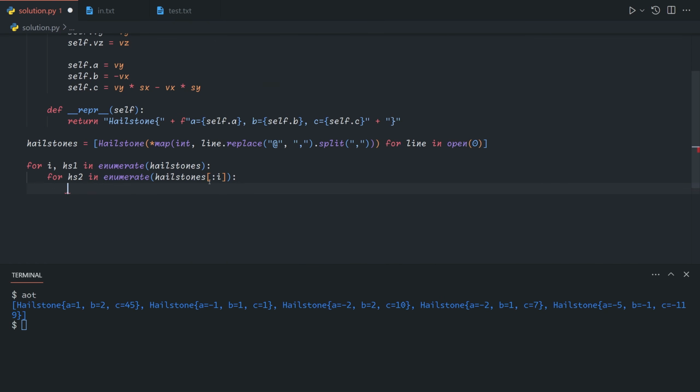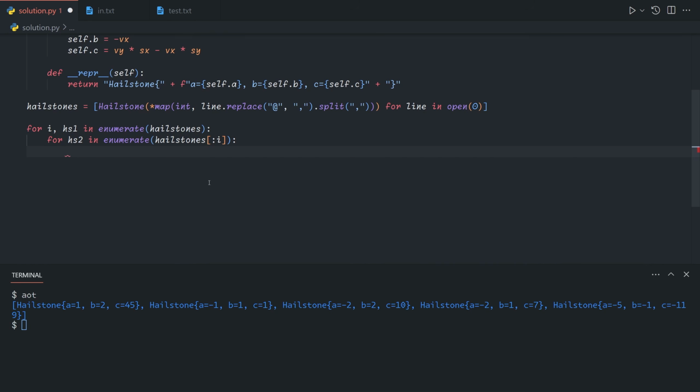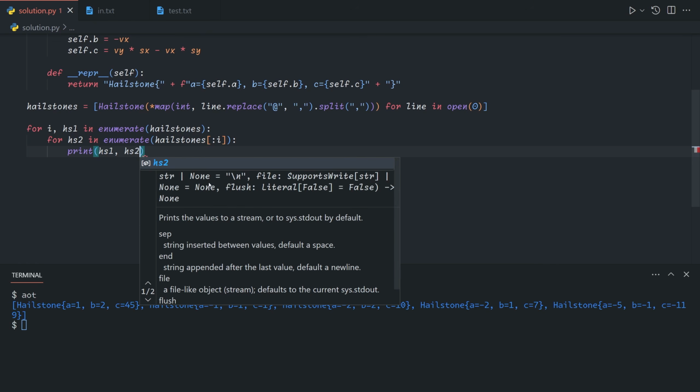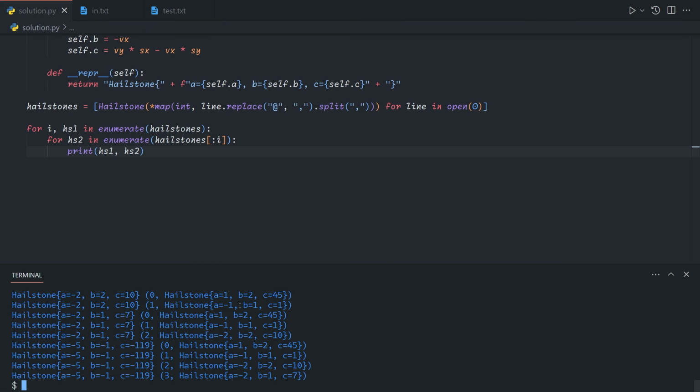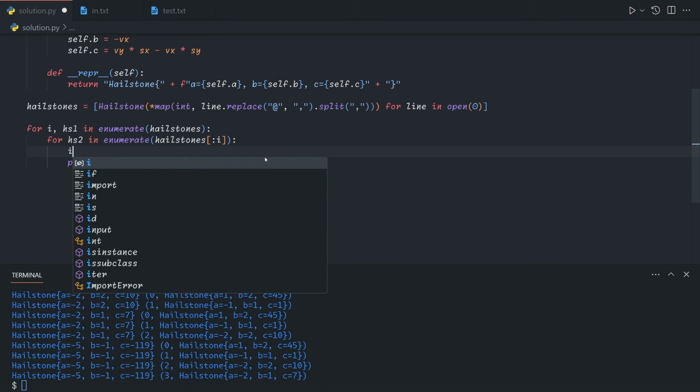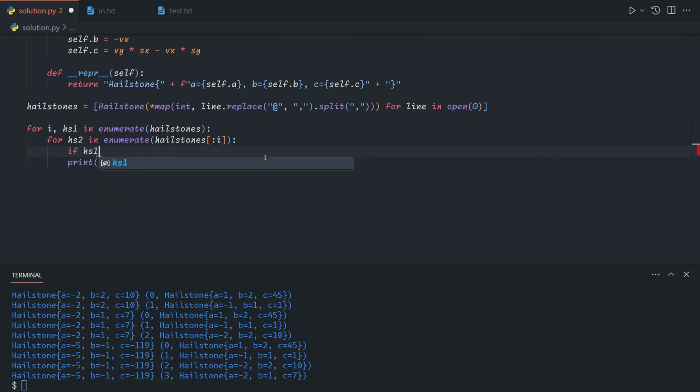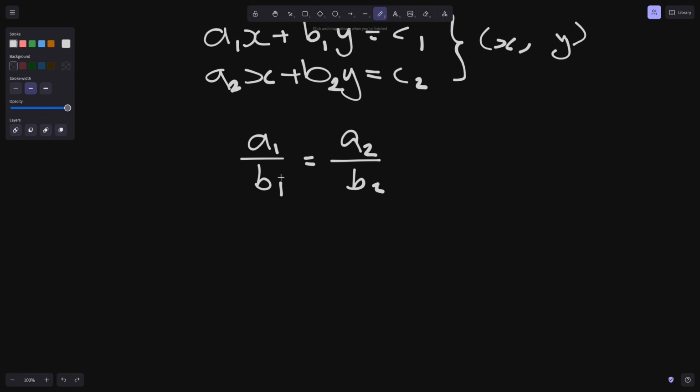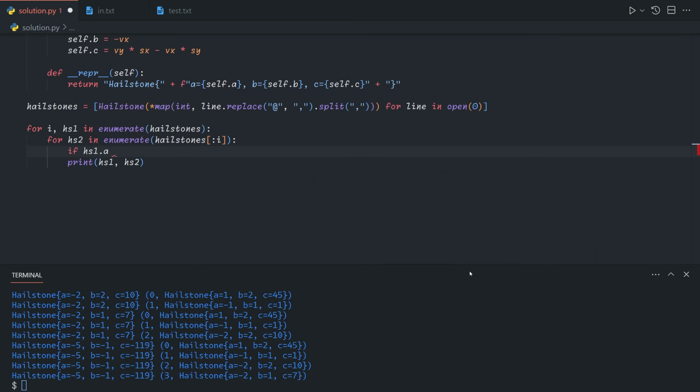This just prevents us from checking the same hailstone against itself, and also prevents us from checking two hailstones in both directions. And so if these two are parallel, let's print if they're parallel. So if hs1.a, and to avoid floating point errors and also zero division, we're going to cross multiply like this. So if a1 times b2,